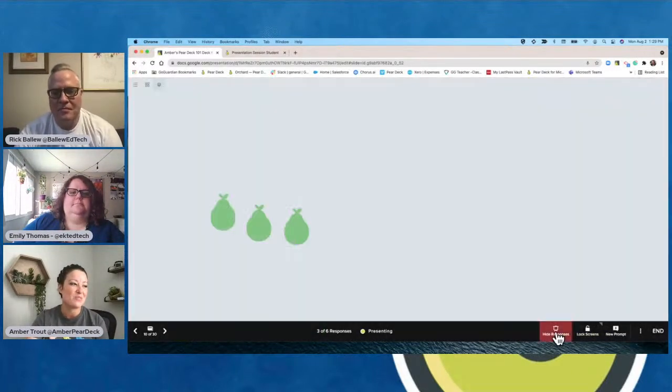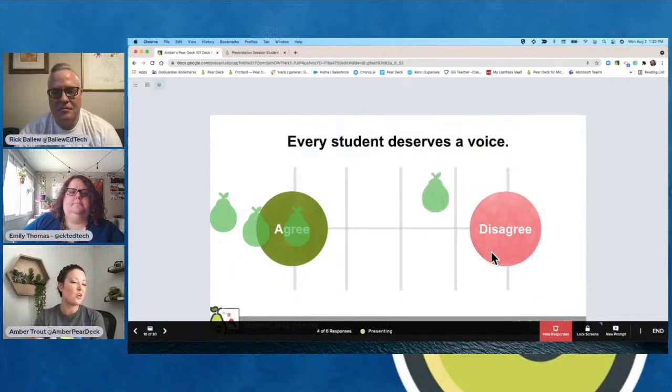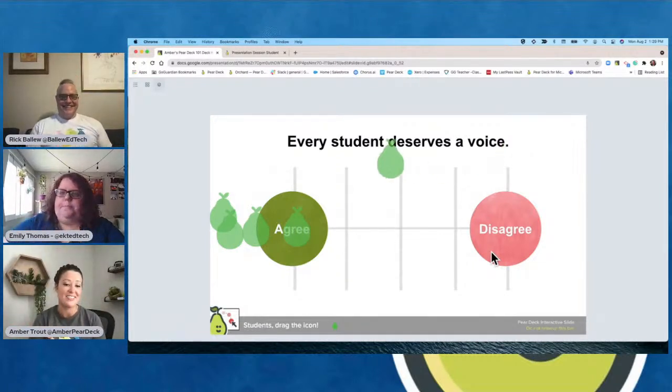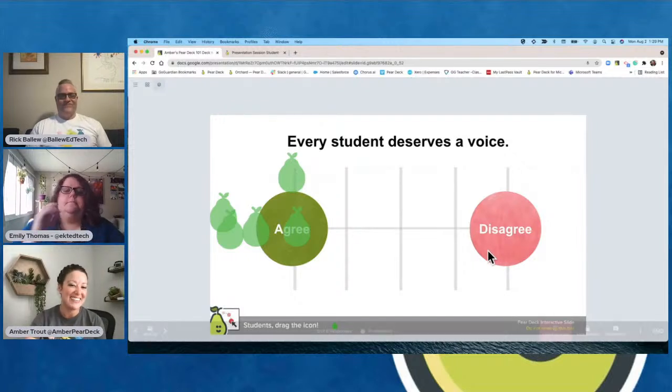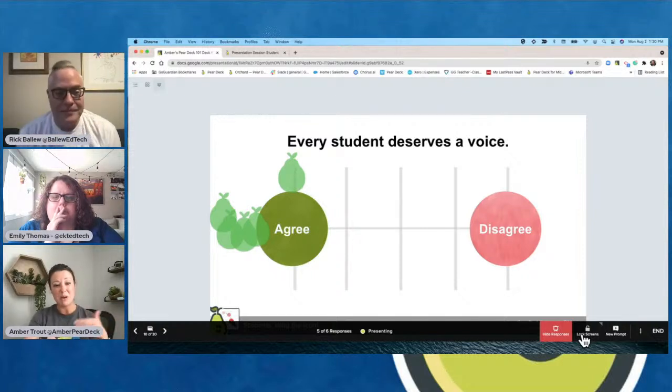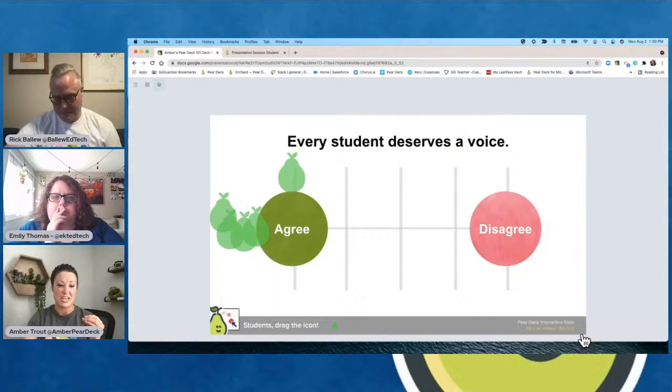I'm going to click on show responses. Watch these little pairs moving around. Now this is another fun slide. You might have kids doing figure eights all over your screen instead of using it academically, because I was a teacher once and I know this happens. So what you can do is not only lock screens, let me show you. Maybe you want to give them a little time to play, but also you want to be academic with your time.